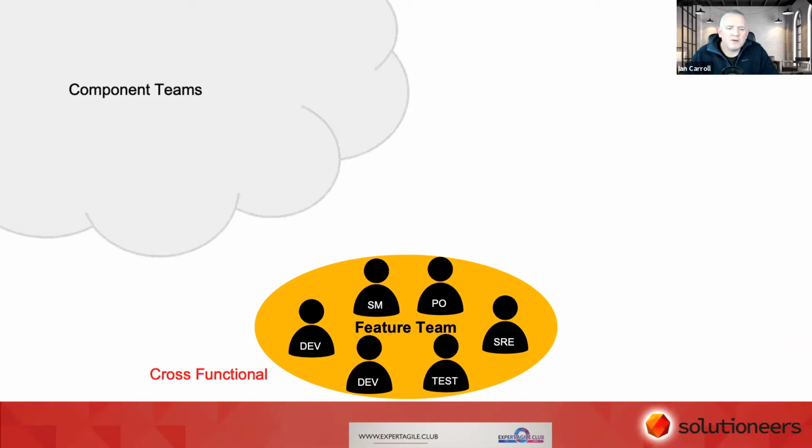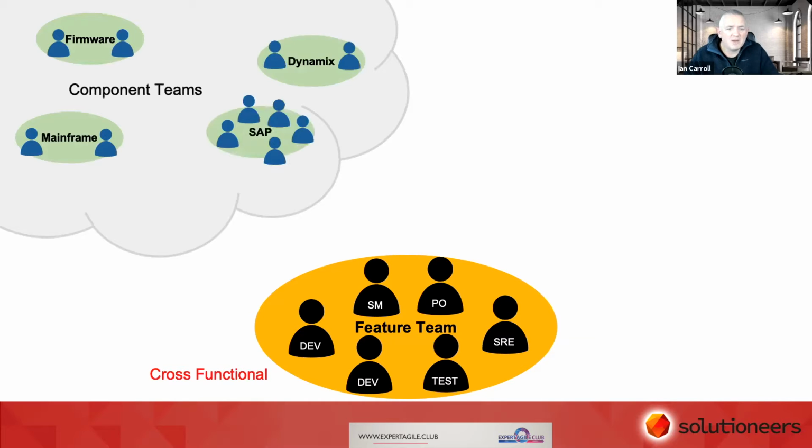Now I'm going to position these as maybe component teams. The types of components we're talking about are maybe some firmware teams, a mainframe team, Microsoft Dynamics, SAP, maybe an API team in there as well. And this is actually a true reflection of a client I was working with last year.